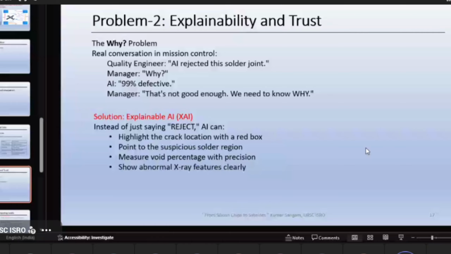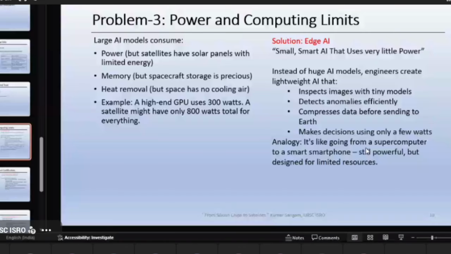The third one is power and computing. If you are in touch with the news, you might have heard that Facebook is trying to revive an old nuclear power plant to power its data center, its computing center, basically for its AI projects. Why?